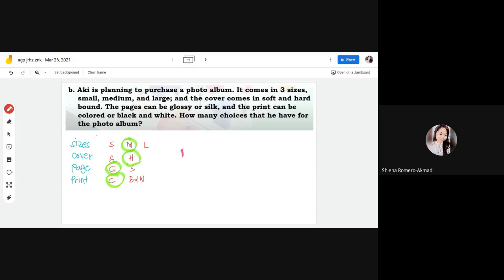Ang choices natin ay medium, hard, glossy, and color. So, yun yung una nating arrangement, okay? So, from this,